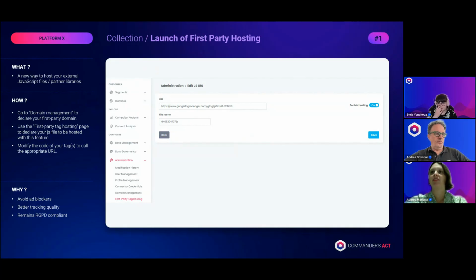Of course, you need to set up first-party hosting in the platform, and then you'll be able to also host first-party tech. Yes, and of course, our consultants will be happy to assist you in this process when you want to make it. We have already done it with several customers, and the results are quite interesting.